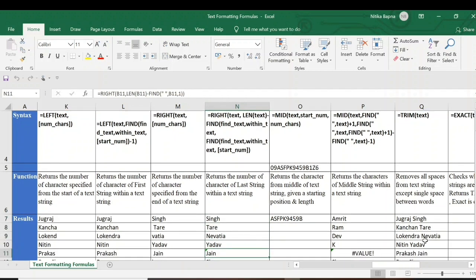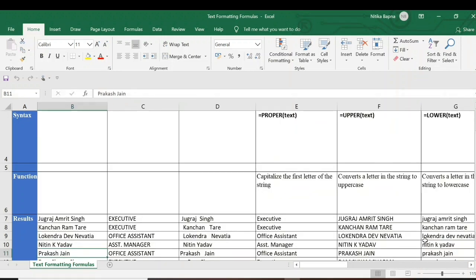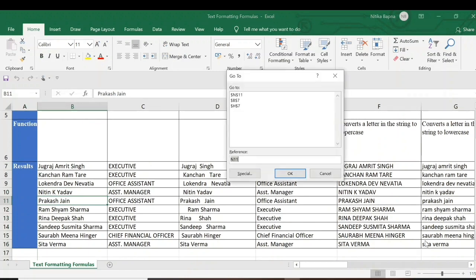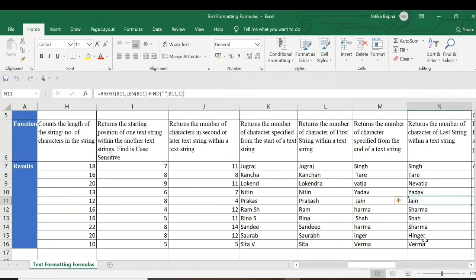Likewise, in this case, only Prakash Jain was mentioned. I just go there. Here, if you can see, only Prakash Jain is mentioned. Now again I go back. Then Prakash Jain, and now here there is only one, there's no middle name, so the formula was not giving the exact result. If I do Ctrl+D, the nested FIND does not work here. So Ctrl+Z, and I will be using only one FIND here, so it will be returning that value.